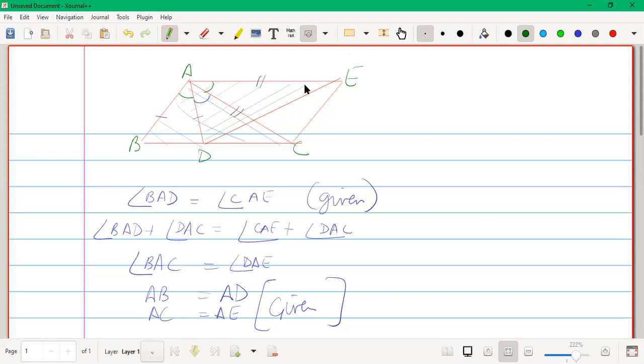Now go ahead, solve exercise 9A. Start solving 9A right now. There are 15 questions. I expect you to complete this exercise by the end of this week. Right now, start it off. Let's see how many you can do. If you get stuck, please ask me.